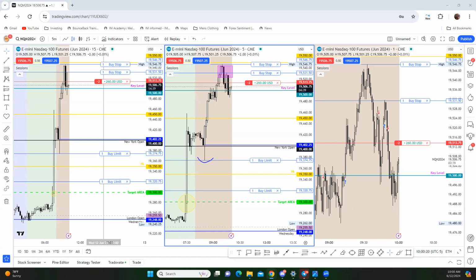YM looking pretty weak from that 39 level. And 5450 ES was rejected, but we're starting to kind of hold. So I would say between now and 10:15, if we're not pushing below 19,500, then the likelihood of us going higher could be a lot better. Just because of the 1 hour close, it was another higher open, higher close candle, leaving a wick at the high. So this is one of those patient moments.